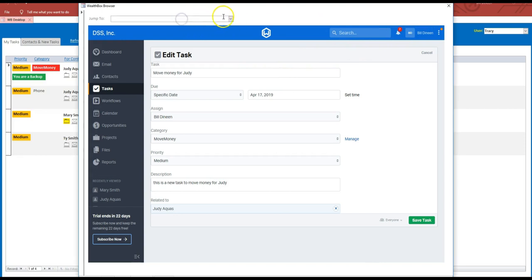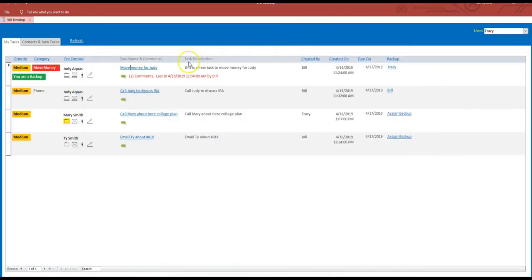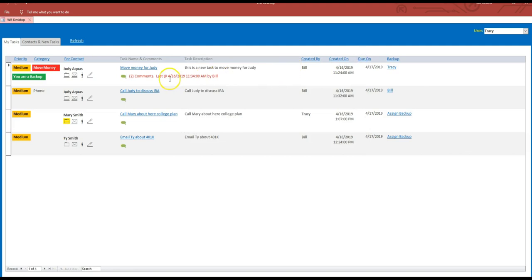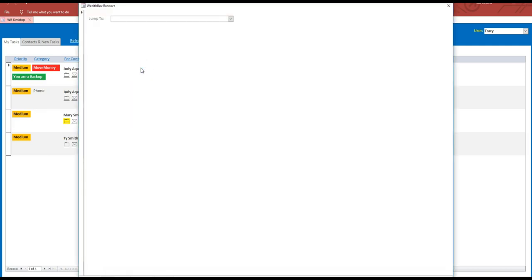And with the tasks, all the tasks that you have in your list come into here now, so I can jump to other tasks without switching around screens. The comments that go with the task come up here. So if I click here, I have 2 comments. This is a reply. This is another reply. So if I'm in this task,